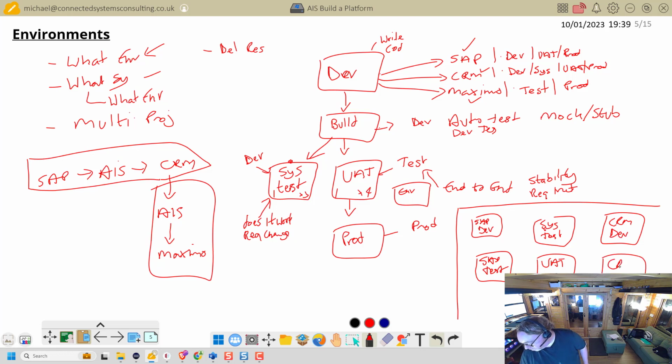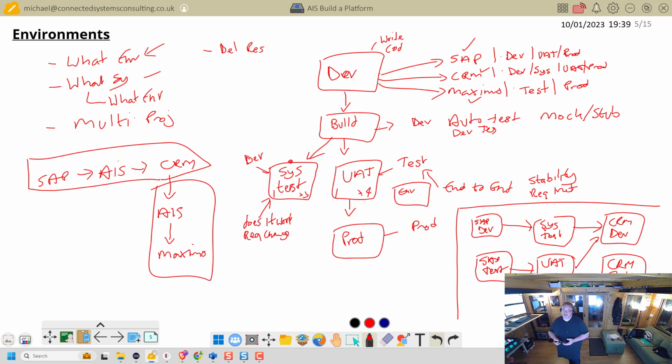Now, one of the things that sometimes happens when you have project conflicts is, normally you'd have something like this, but then a project comes along and says, for this project we need to point UAT to the dev environment, like that, and then we need to flip it back. And it's not that it's not doable,